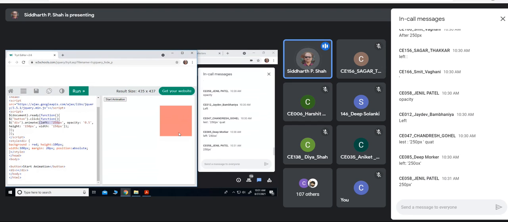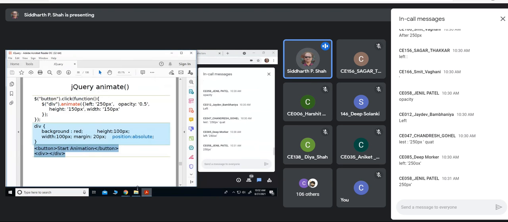So you feel that it is animated actually. This is how, by changing CSS properties through this animate method, you can change it. And you need to remember that you need to first set some position for that element. Are you getting it? So this is the animate method that you can use.